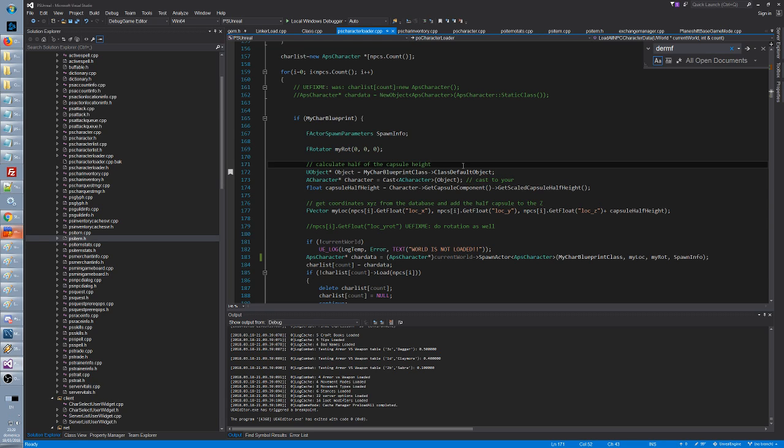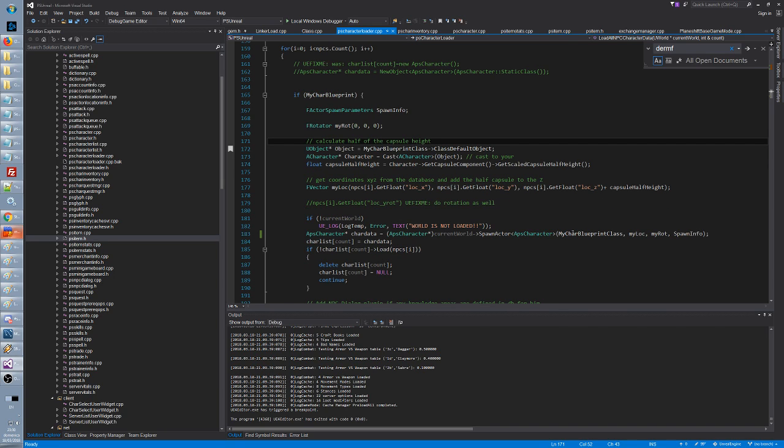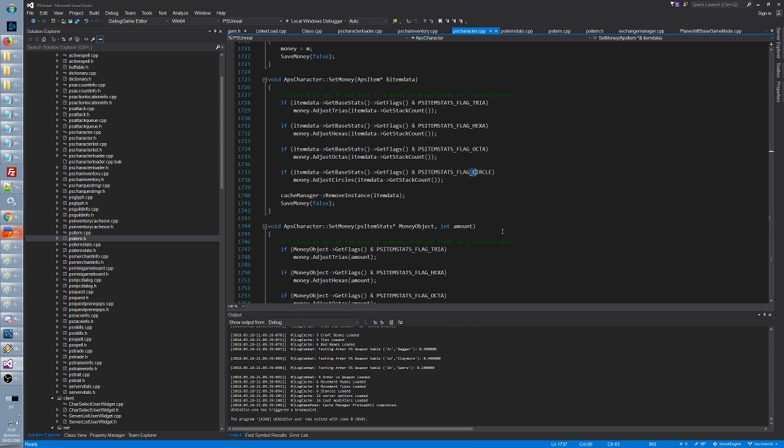I think if I just execute it like now, this will be null and class default object will get nothing. And when I'm trying to spawn it with this class, I'm just surprised, you know, that when I do this,